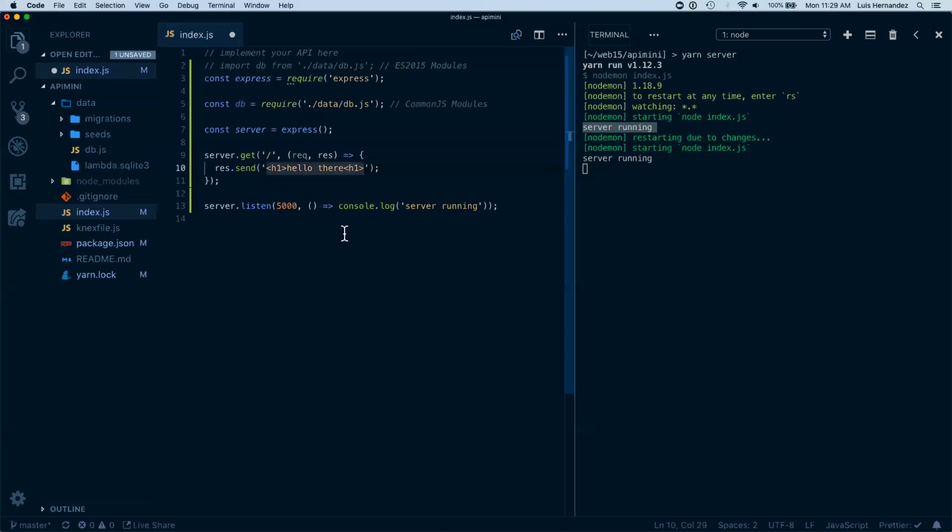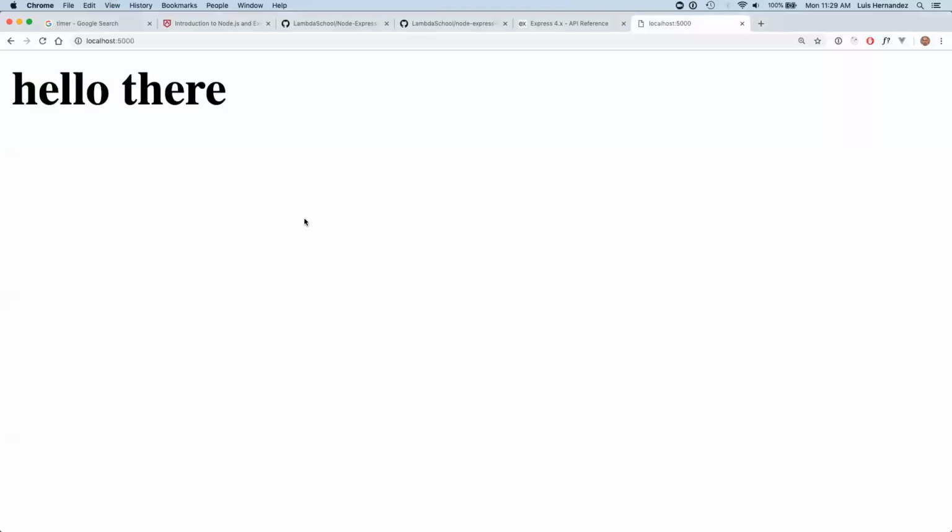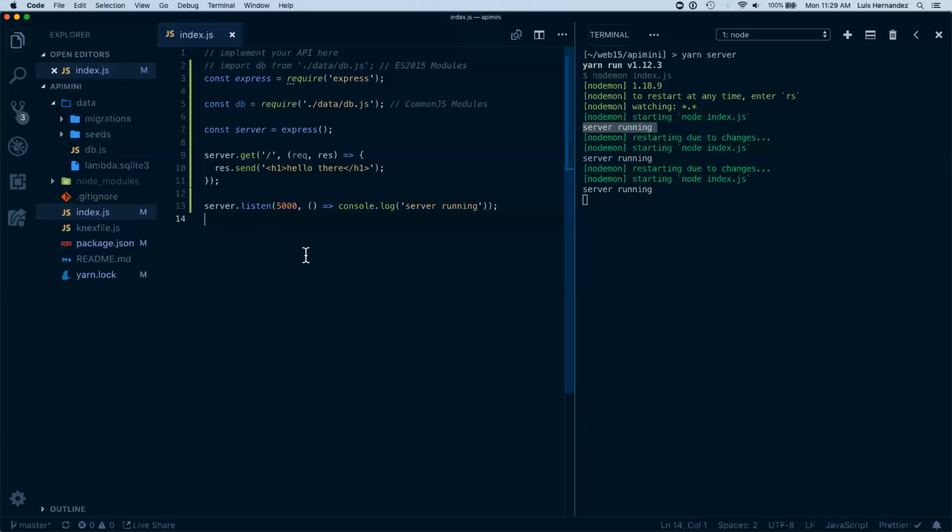Well, I need to close this like that. So if we do that and refresh, look at how this is now an H1. So I could send a string, I could send data, I could send HTML. We saw this other method called JSON there. We're going to use that next. But first,